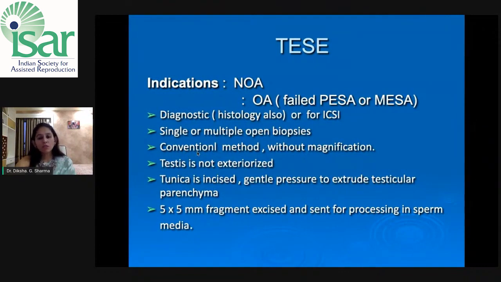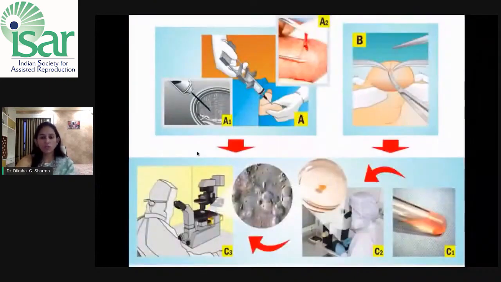TESE is an open testicular biopsy, and single or multiple biopsies can be taken. It can be done without magnification also. Testis need not be exteriorized. The tunica is incised and then slightly pressed, so that the testicular tissue pops out, which is excised and then sent to the lab or to the embryologist to see for the presence of sperms. This is a very nice picture showing the testicular biopsy procedure, whereas instruments or guns are also available for carrying